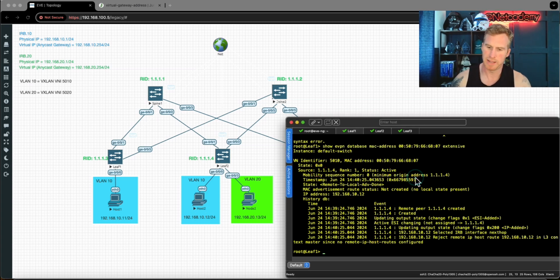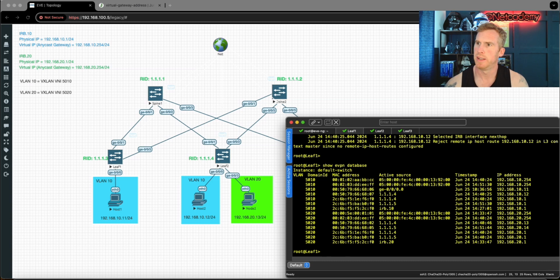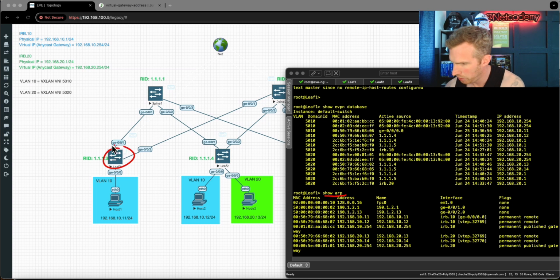And let's actually compare this show EVPN database. Let me just hit up once. Let's actually compare this to the show ARP table. Now there's of course some similarities here. So when we look at the show ARP, leaf 1 has learned the IP address for all of these MAC addresses. So if we look at host 1, where it's got this IP address of